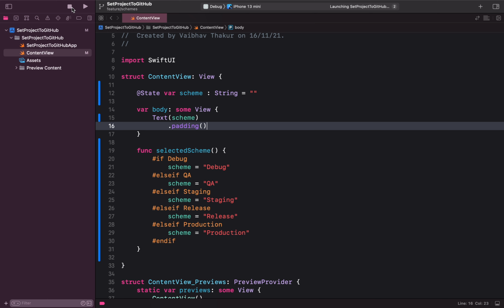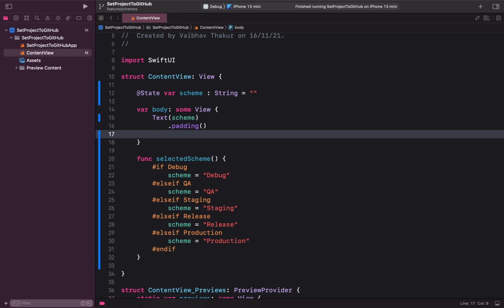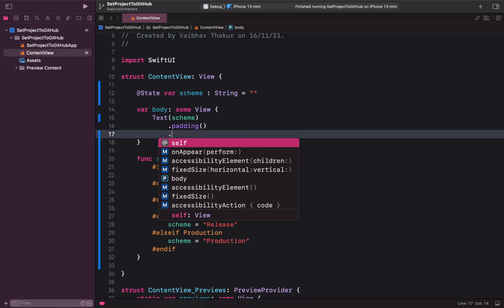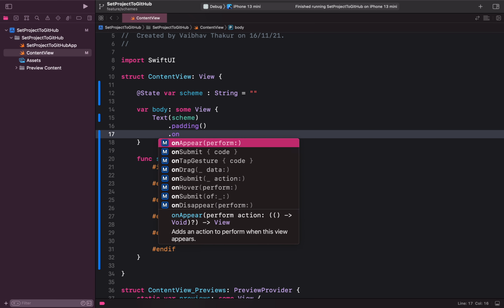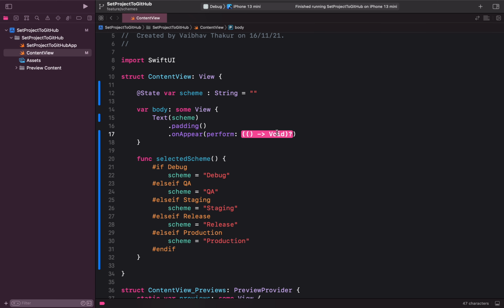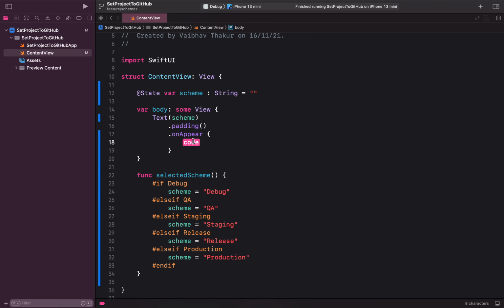Oh, okay. I just missed something. We wrote the function, but we forgot to call this function. So what we can do is write onAppear, and inside onAppear, as soon as it appears, just call this function selectedScheme. Now it will work. Let me run this project. Yeah.